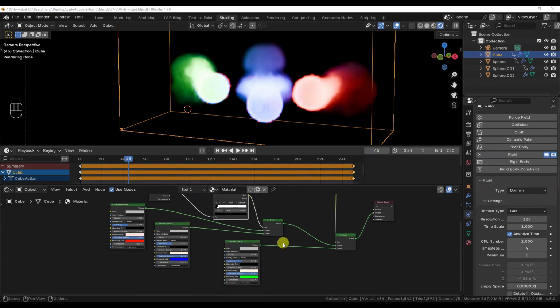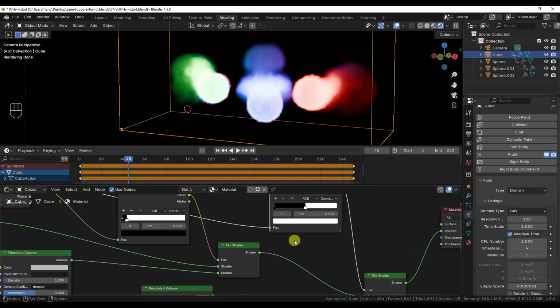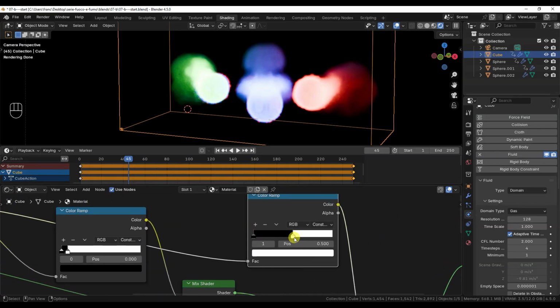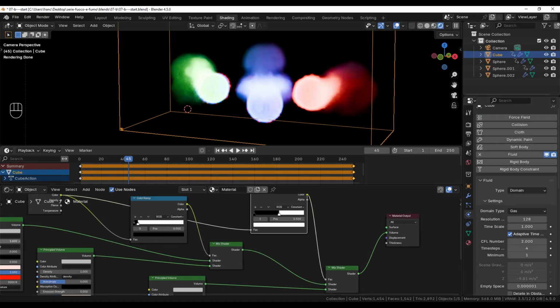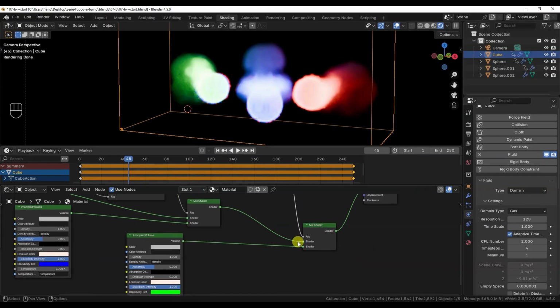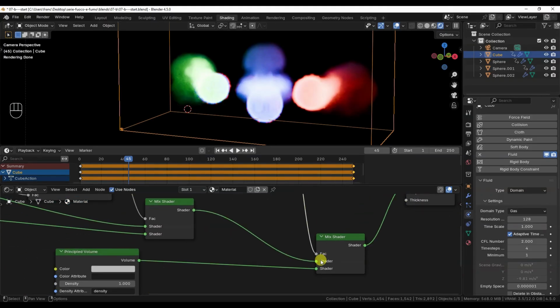Next comes another mix shader node, which takes as input another color ramp, set specifically to constant with a color stop placed right at the midpoint of the ramp. In this case, if the smoke color is between black and gray, the first shader input of the second mix shader is used.